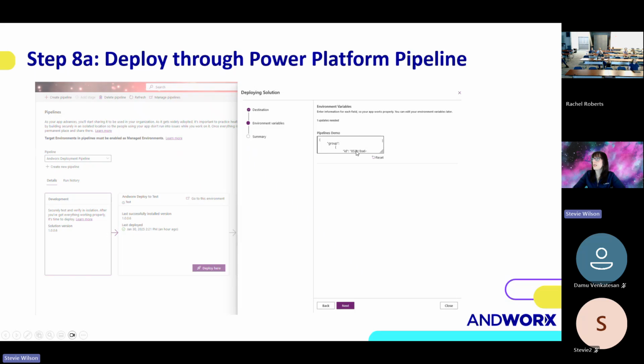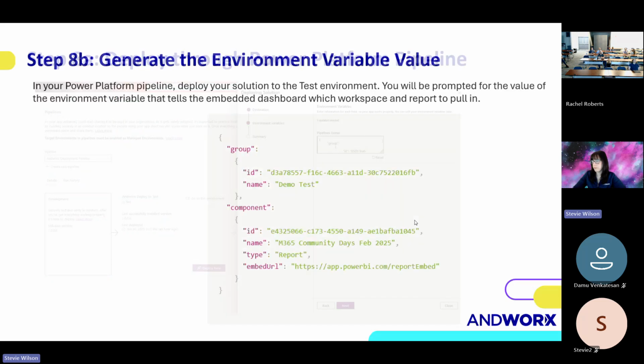And you can start to see here that there's some JSON in here. So in the development environment, this has generated a reference to the Power BI report that's in the demo dev workspace. We're going to need to change this just on this first deployment here. Once we set this up, you won't have to mess with this ever again. But we need to actually update this environment variable's value to point to the dashboard that lives in the Power BI test workspace. And so what I've done is you just copy all of that out from the dev value,